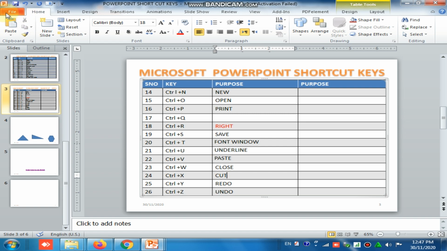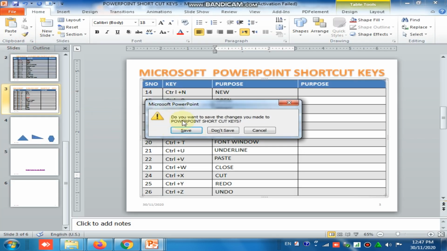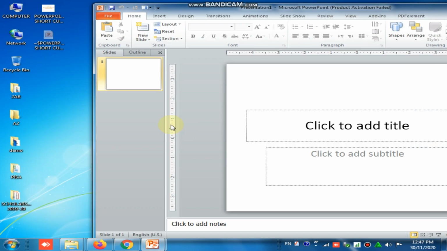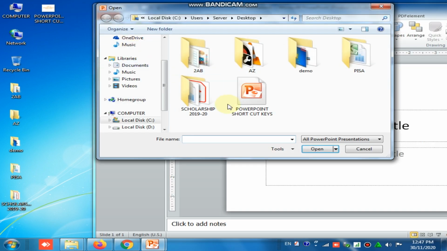Paste and close, if you want to close the presentation. Before closing, make sure you save the presentation. Now I am closing. It will ask you, do you want to save the changes you made? Yes. So save. Now I will open with Control plus O. So you go to File. This is Control plus O, open, already existing.